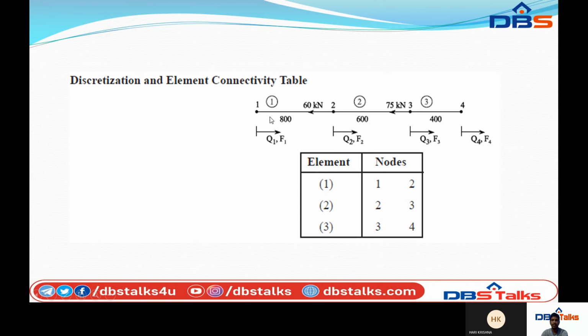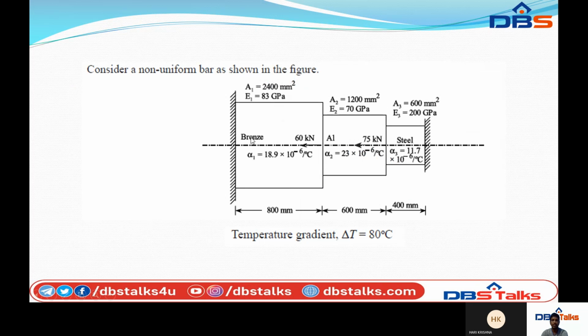Every element has two nodes. For the first element, the nodes will be node 1, node 2. For the second element,